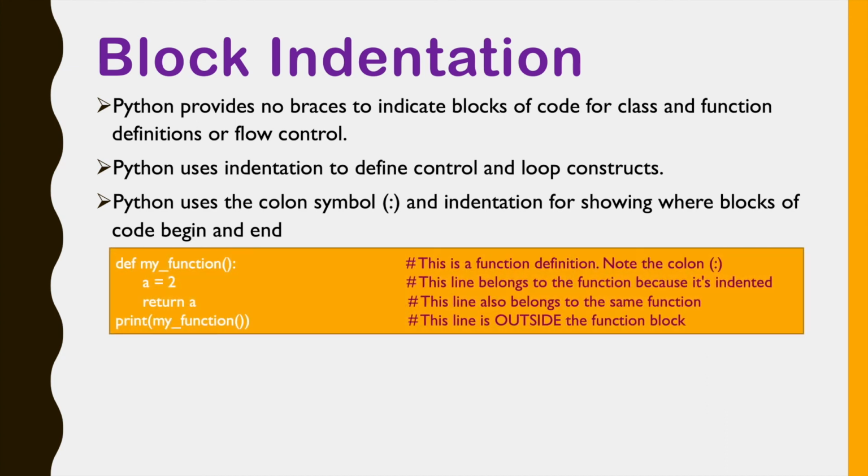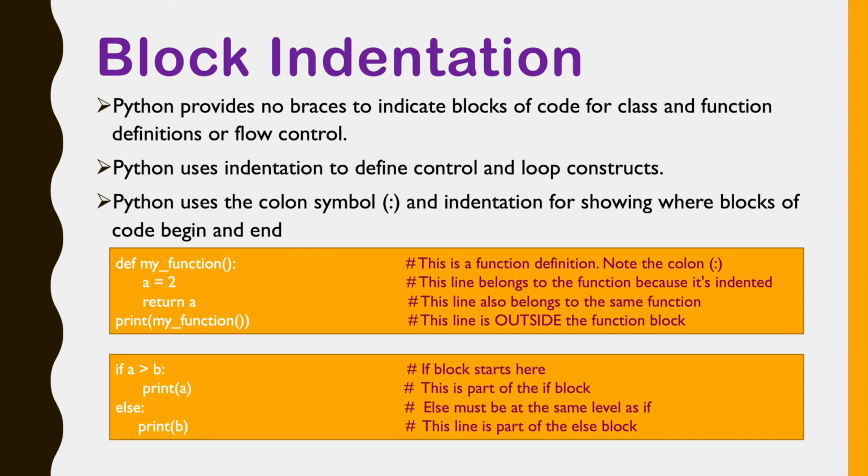So let's see in this example. This is a function definition. Just look at the colon. Now a equal to 2 and return a, these are the two statements which are within the function block. Now the print function, as you can see by the indentation, is outside the function block. In a second example, print a belongs to the if block, and print b belongs to the